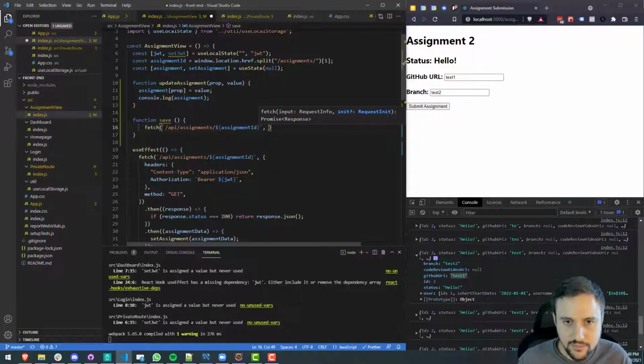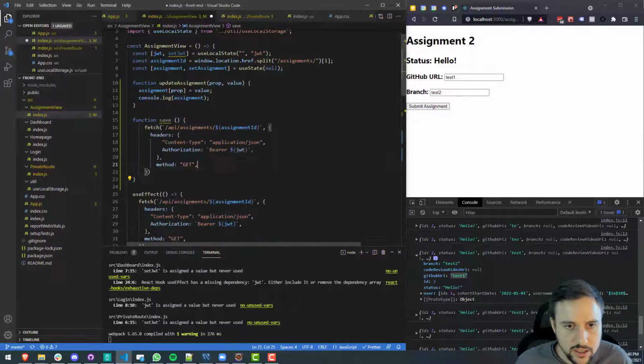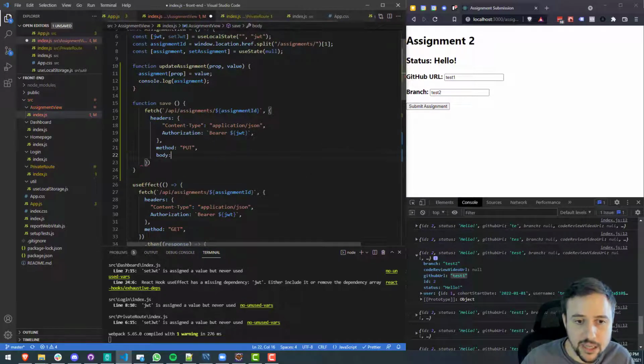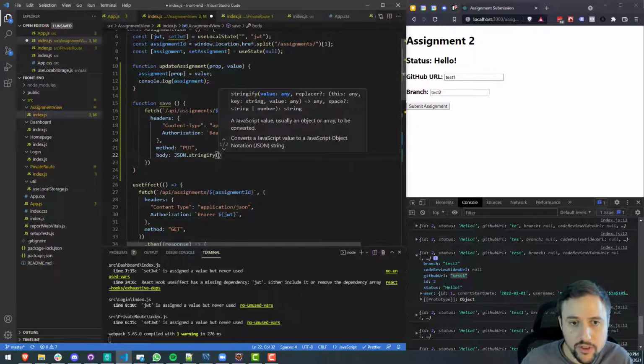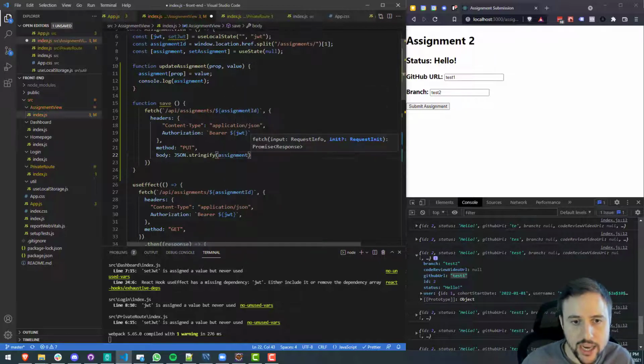But anyway, let's create the header. Again, I need to refactor this. Header and method. The method will be, should I do put or post? I mean, put is kind of what we do for update, so I'll do a put. And then we will need a body. So we need to send it something to update with, right? So this will be the stringified version of our assignment object that we were just updating here, okay? So that will allow us to save